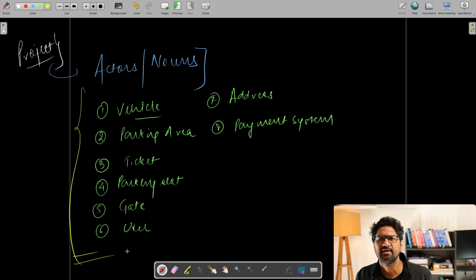So just like this system, any other application that you try to build, what you need to do is try to think about who are the actors here, who are the nouns, and you have to go and define all these. So for example, in this case, I have vehicle, I have a parking area, I have ticket, I have the parking slot, I have the gate, I have the user, I have the address, and I have the payment system. Once we have finalized that,